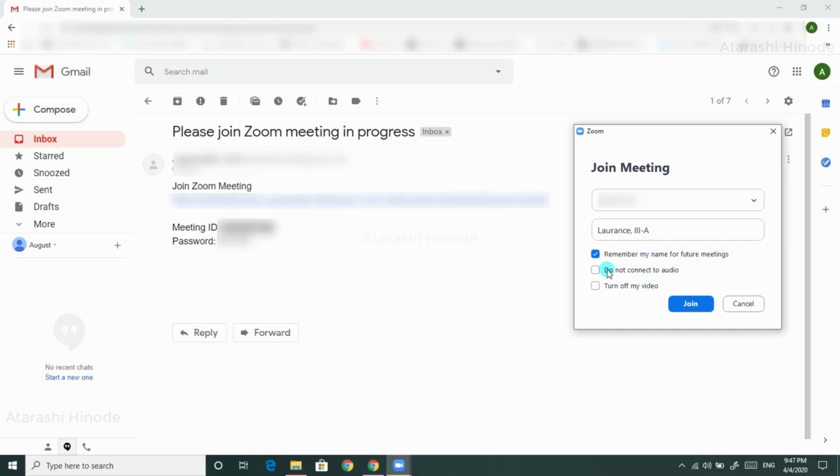And here you can check these two boxes in order to turn off your microphone and video while you're joining a meeting. So here you can check these boxes if you want to disable your microphone or video on at the time of entry to the meeting. So here I have disabled my video and I'm clicking join,